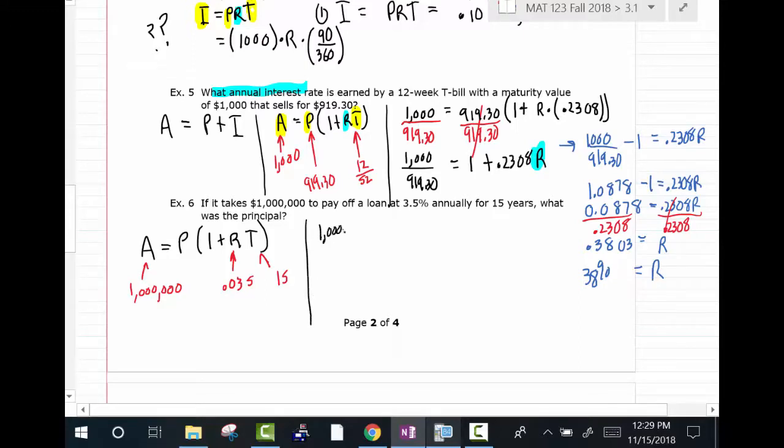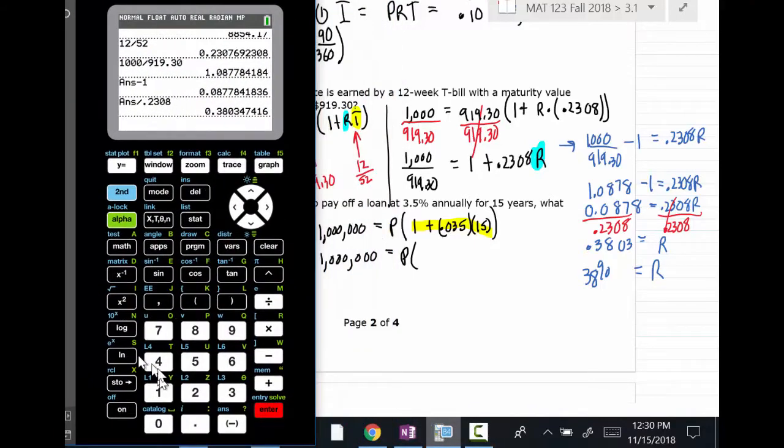You would have 1 million is equal to P, which we're trying to find, times 1 plus 0.035 times 15. Okay, now you got 2 choices on this. This equation's easier to solve than the last one. If you want to just do that whole thing in your calculator there and round it off, you can, or you can divide. Let's just kind of do this like this. I usually find students seem like they do better if they round at each stage. All right, so I'm going to just take my calculator